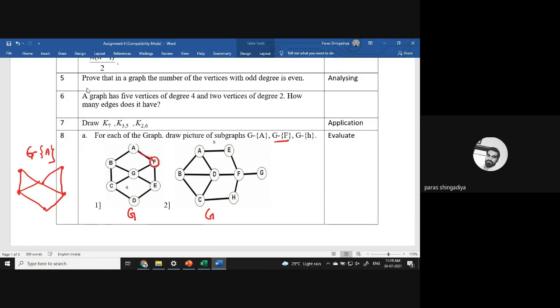So उसके साथ तीन edge connected हैं, ठीक है? Three edges are incident with this vertex. So these three edges will also be deleted. ठीक है? उसको भी आपको delete करना है. So what will be the remaining graph? This black shaded graph is your remaining graph. That black shaded graph is your answer for G minus F. F के साथ जो तीन edge हैं उसको भी delete करना है, when we delete F.